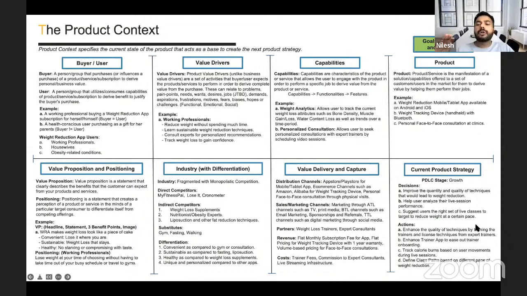And finally, what is your current product strategy? For your next product strategy, you need to understand what your current product strategy is. So what are your decisions? Where are you on the PDLC stage, say a growth stage or maturity stage, and what are the actions? I'm not deep diving into this, but this is the context you need before you start